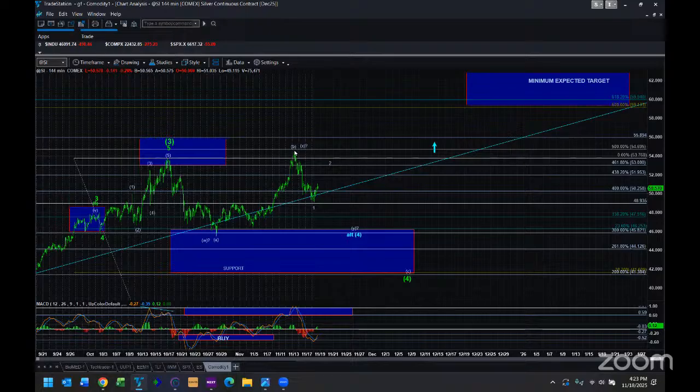As long as we stay below this high, my expectation is you'll get another buying opportunity between 40 and 45, depending on how, we're looking for a decline of 5 waves, depending on how that takes shape. You'll have an opportunity 41 to 45. And from there, like I said, minimally of 60, but my expectation really, I think you can get a blow off top somewhere between the 70 and 80 region. Again, until I actually get into that fifth wave, I can't make any final determinations. So that is the general perspective that I have in gold and silver.